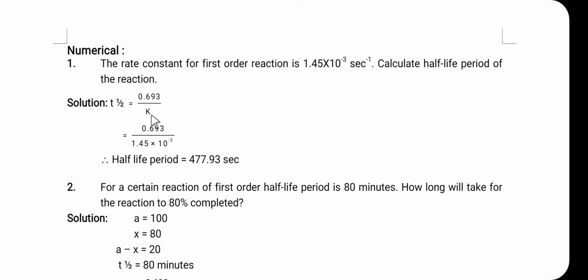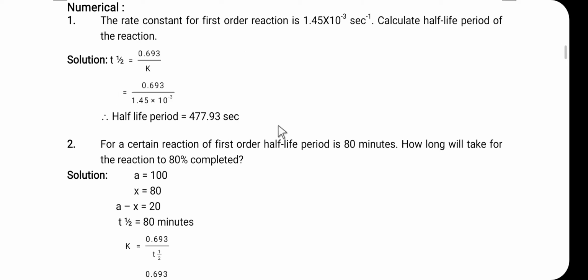Just by substituting the value of K here, we can find the half life period for the first order reaction. So, 0.693 divided by 1.45 into 10 raised to minus 3. So, the half life period is equal to 477.93 seconds. So, this is the first numerical. Second one is,